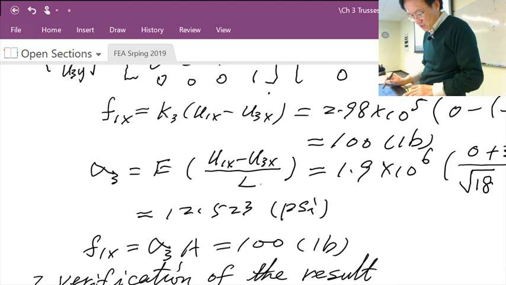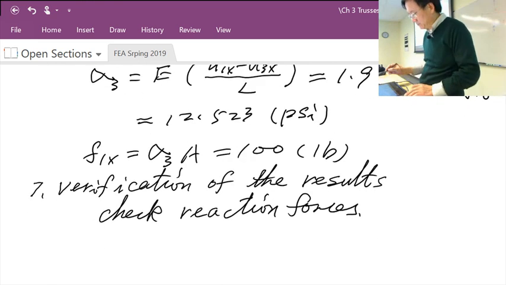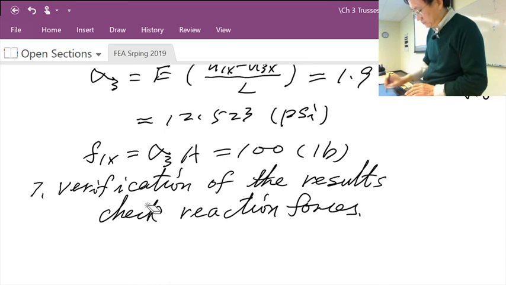Use the entire structure. What you check is the reaction force. And we know for this structure,